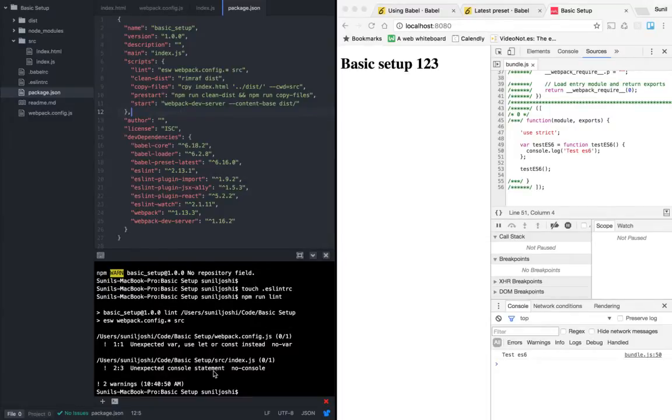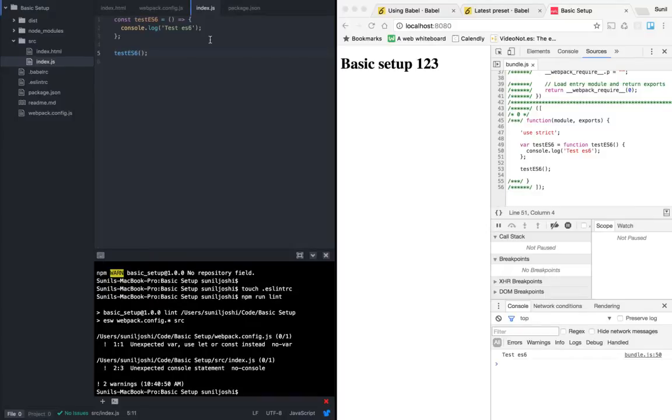So that is the reason I have this rule in my ESLint configuration, so that it keeps telling me you don't have to write that. But right now, just for simplicity's sake, I want this. So we're going to disable this rule, ESLint disable line, so that lint doesn't bother us for this line.